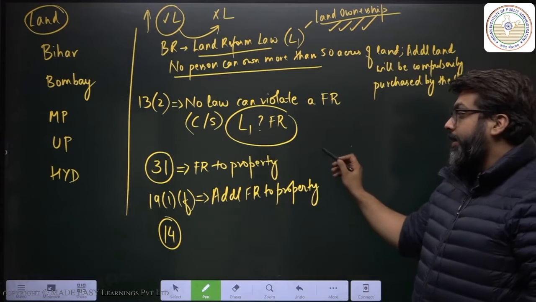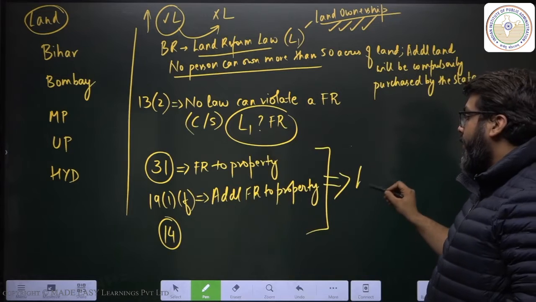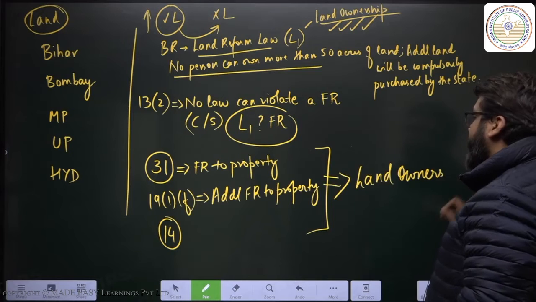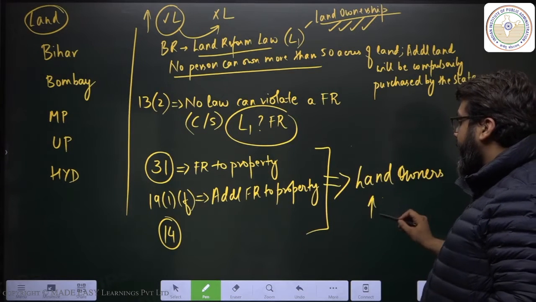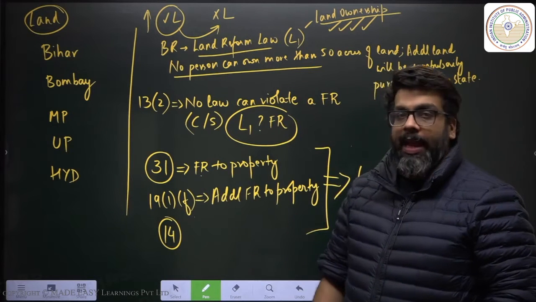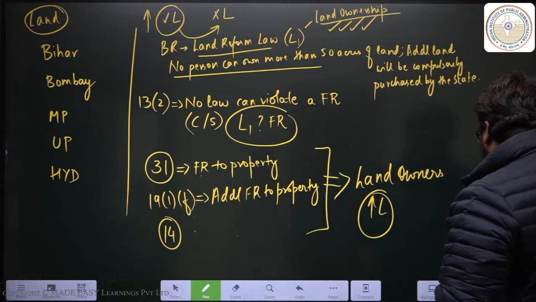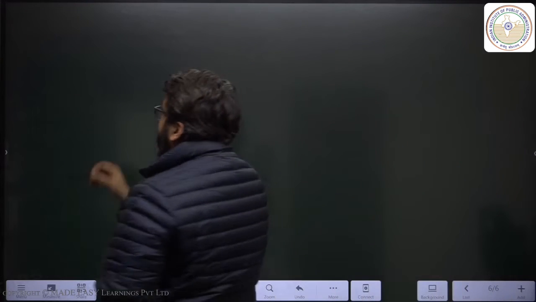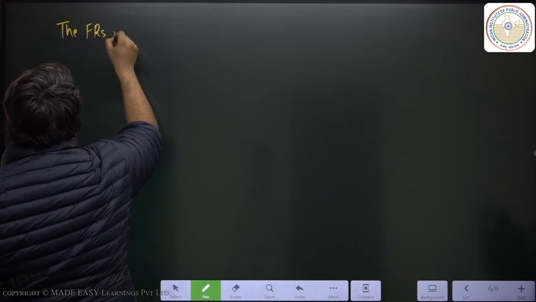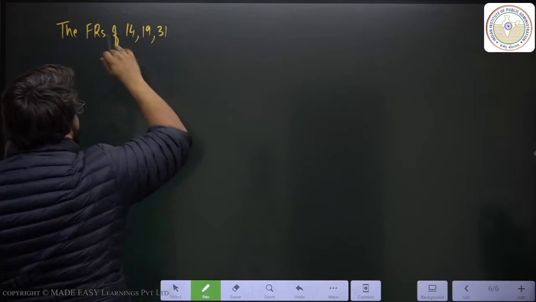But these three fundamental rights of the landowners were being violated. So people who had extra land, their fundamental rights of 31, 19 clause 1F and 14 were being violated, which meant that the fundamental rights of 14, 19 and 31 broadly